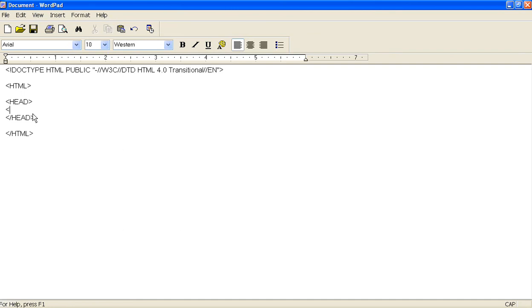our fourth tag, the title tag. Like the head tag, it has a closing tag. These two tags tell the computer what the title of our web document is. In this case, I'm going to name my title, My first web page. Okay, that's it. As for our final tag, the final tag is the body tag,